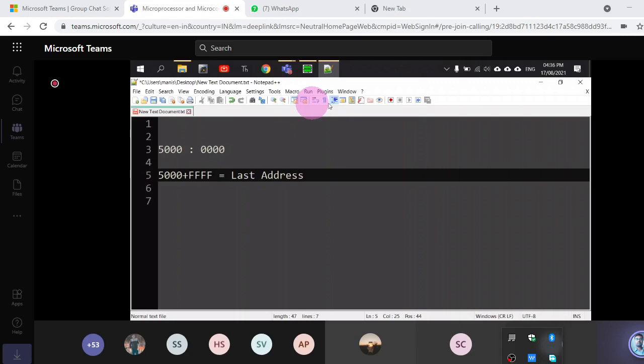We need to fill in reverse order and check if it is filled till 5000. Not in reverse order, in forward order only. Starting from the fifth last location, you have to